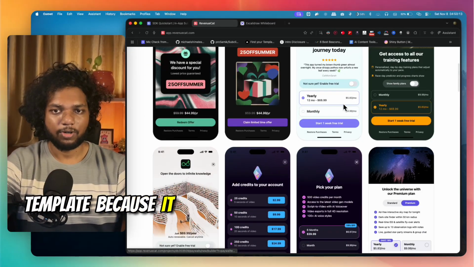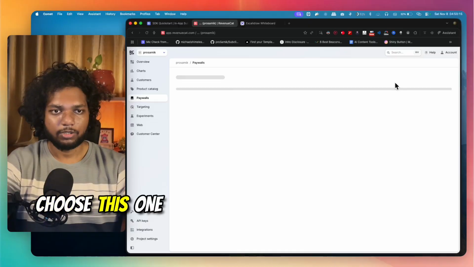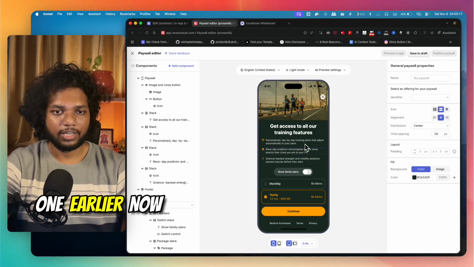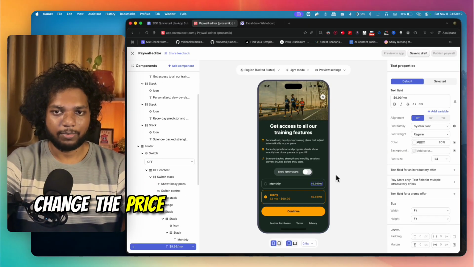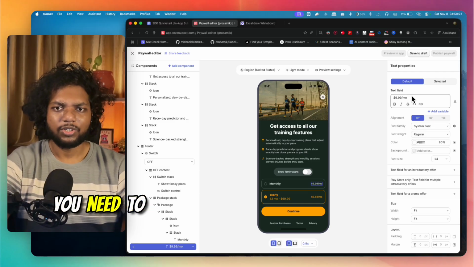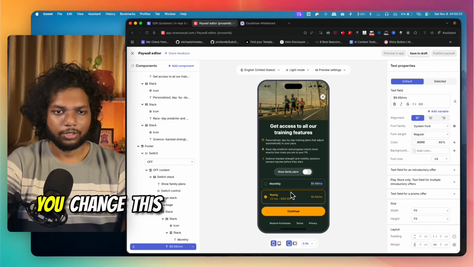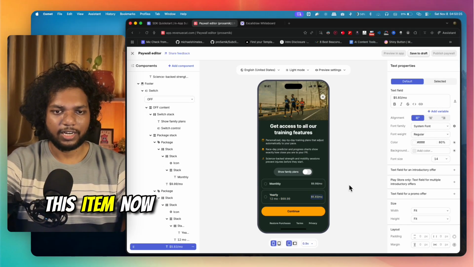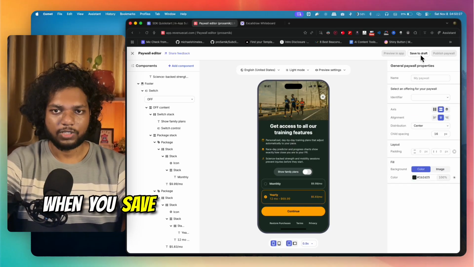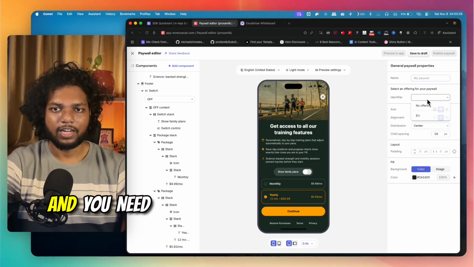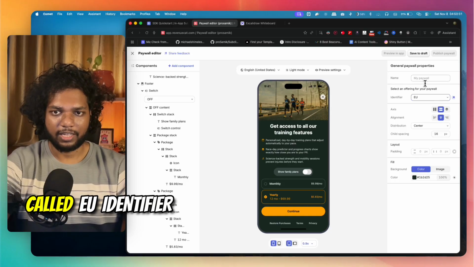Choose from the template because it's already configured. So I will choose this one because I've already chosen this one earlier. Now here you can change the price, and these are just text. So you change this text, you change this item. Now when you save this draft, it will be saved, and you need to create something called link the EU